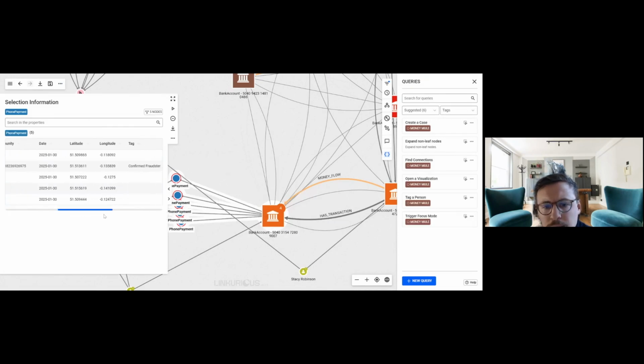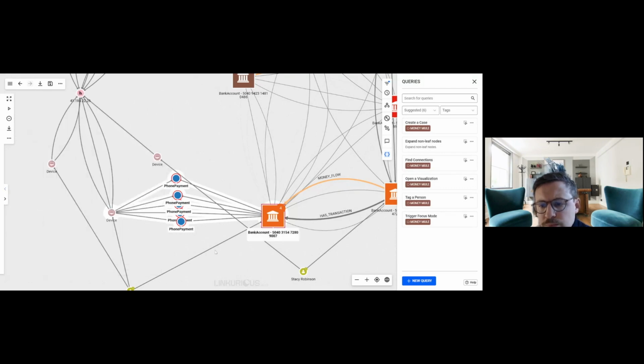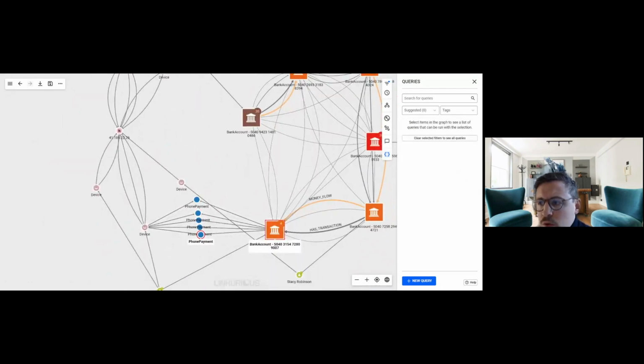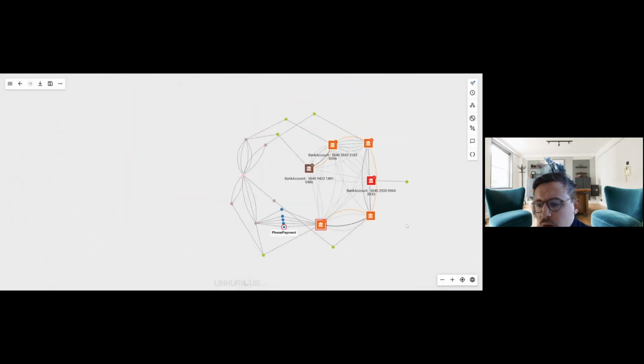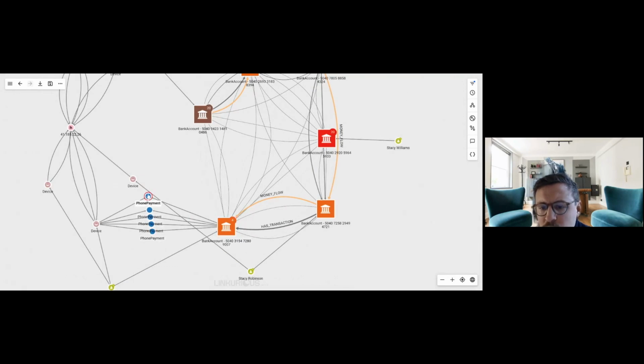you can see that they are all performed on the same day, the day on which this bank account received the funds from the community. So clearly it was another way of exiting the funds from those accounts, by doing some phone payments, some purchasing. That's also a clear indication of another hallmark of money muling, where we had the funds entering this bank account, being transited through these transit accounts, exited through these bank accounts, sent to external funds, and also used to perform some